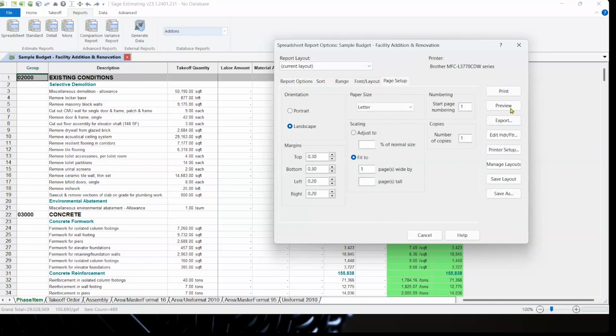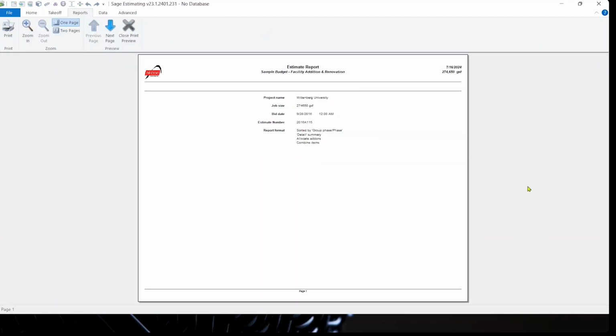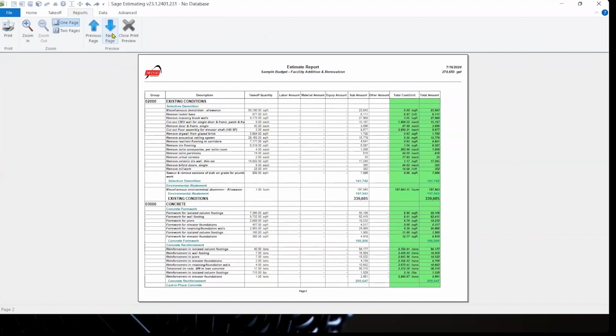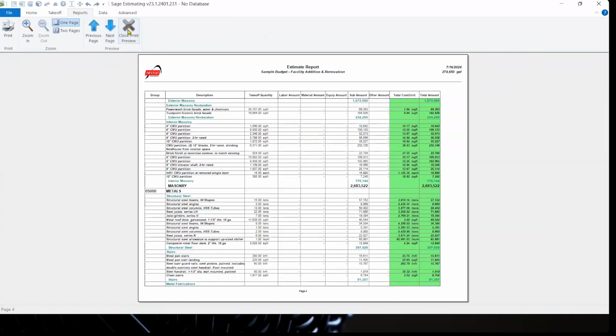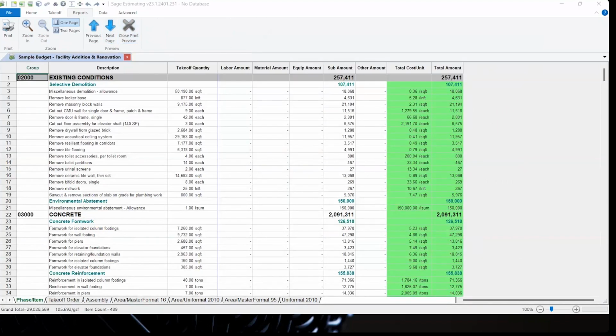So if I just go ahead and do preview, I'm going to get an estimate that looks just like this. And you can see it's already set up where I've got my divisions, my labor amount, my material amount, all the way down to my total unit cost and my total amount. And that was all set up with almost no